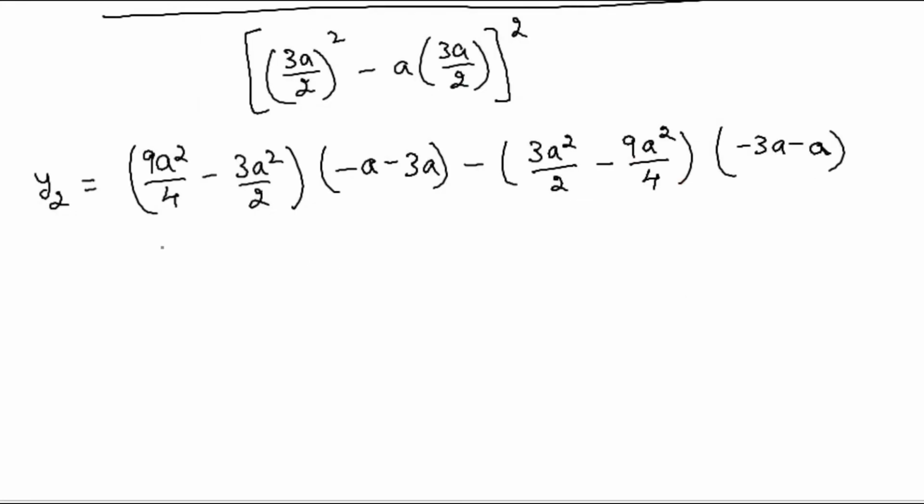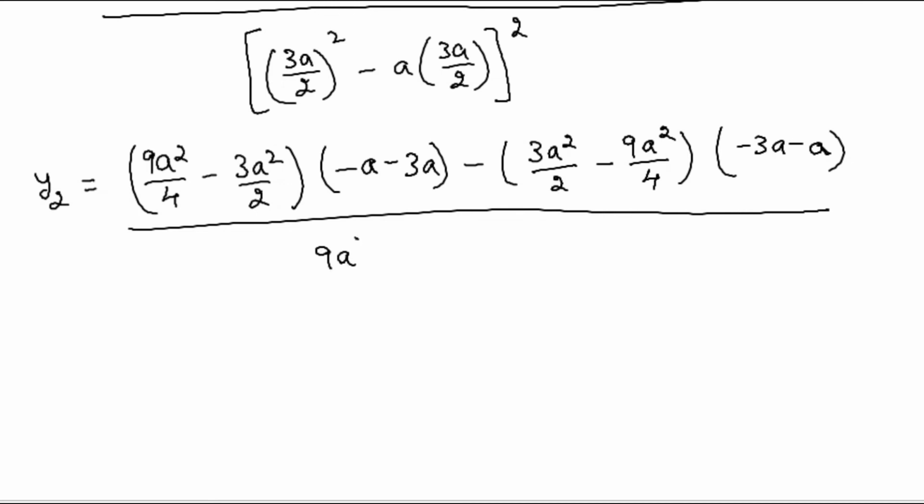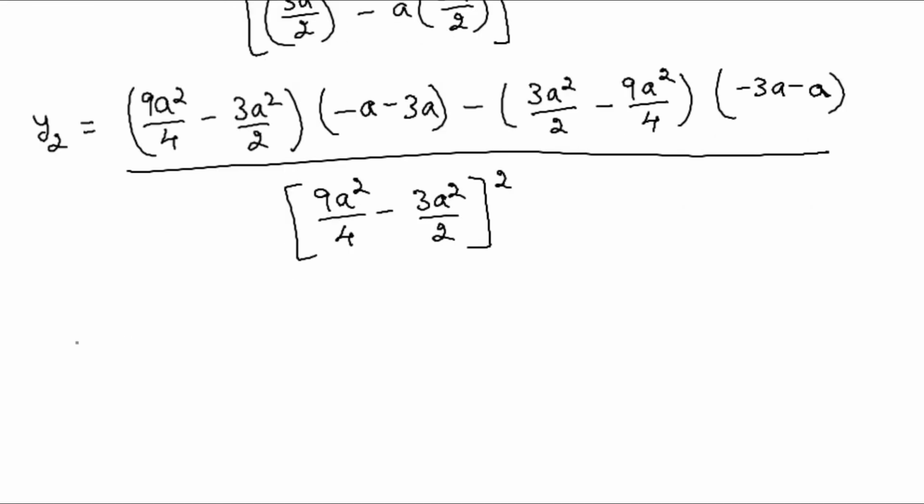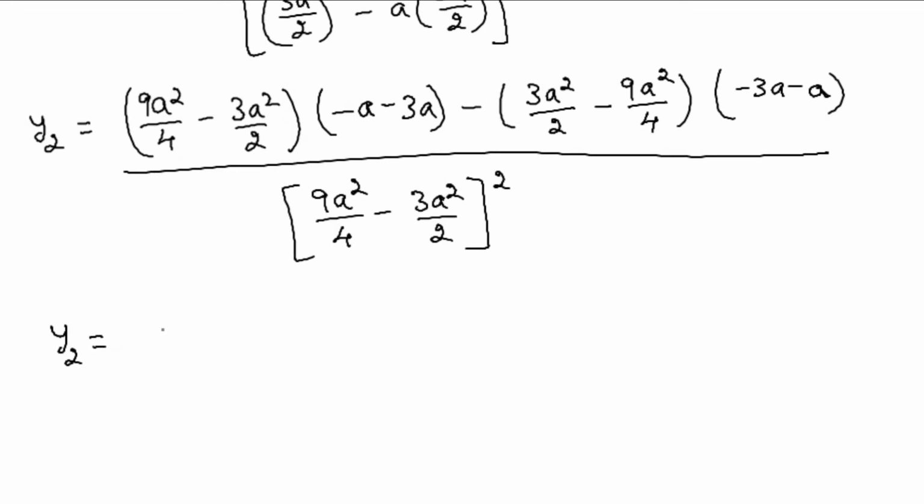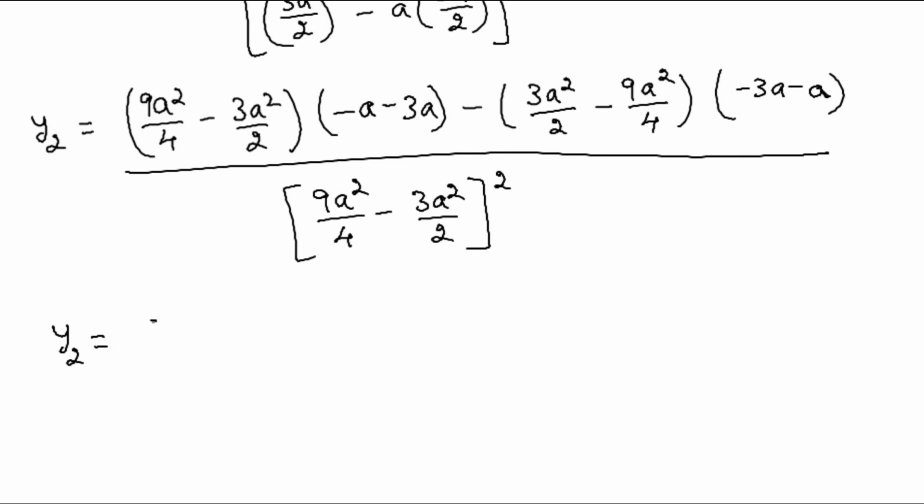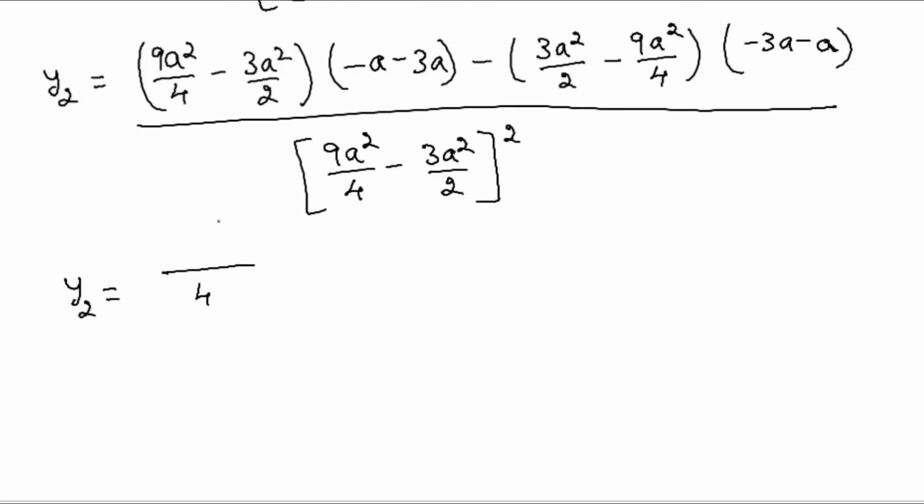The denominator value will be 9a square by 4 minus 3a square by 2, and it is whole squared. Further, if you try to simplify, y2 will be equal to, taking the LCM over here, which is 4, the first term will be as it is, 9a square minus, here you need to multiply by 2, so it becomes 6a square,